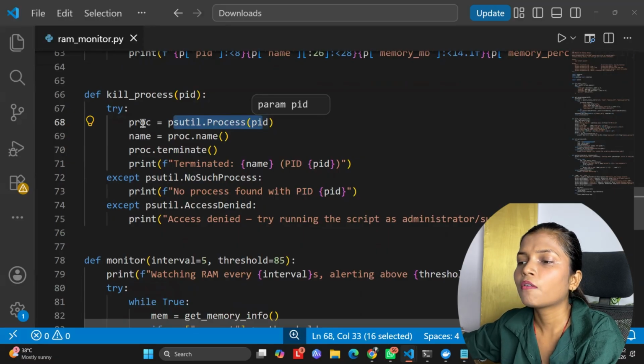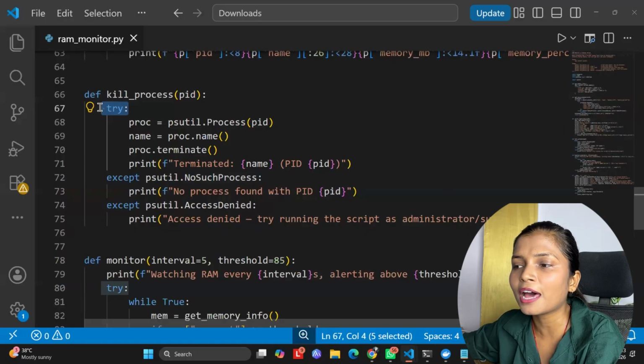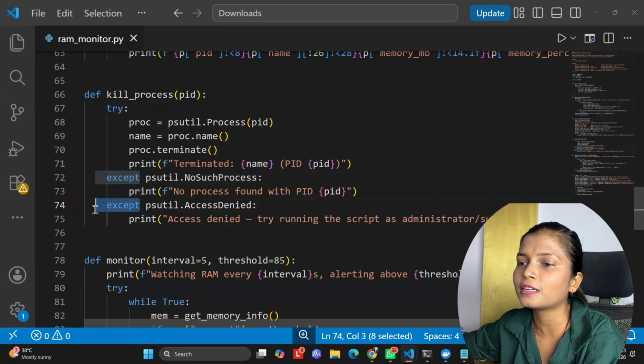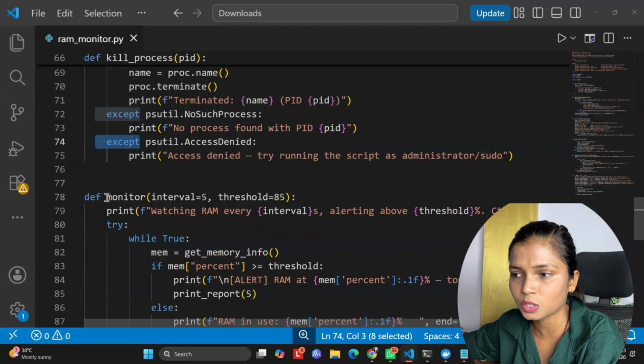We are wrapping this in a try and except block for error handling, in case the process is manually closed by the user, or if we do not have the permission. We are trying to close something and we do not have admin rights, so we cannot do that. That is why we have to enclose it in a try and except block, which is very, very important. Otherwise, your entire program will look ugly and will crash as well.